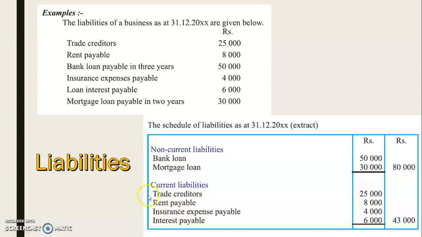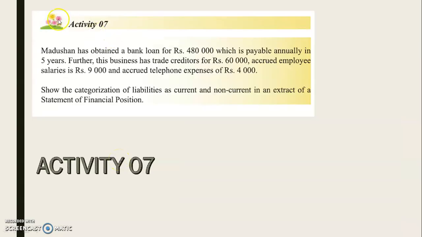So you can divide them into non-current and current liability. One thing you have to see here is that under non-current liabilities, always make sure that you put bank loan first, and under current liabilities, make sure that you always put trade creditors first. Okay, that's all here. So by looking at this you all should be able to do activity 7. Again I'm telling you all, try it girls, don't just stare at the screen and wait. Pause the video and try it by yourself.